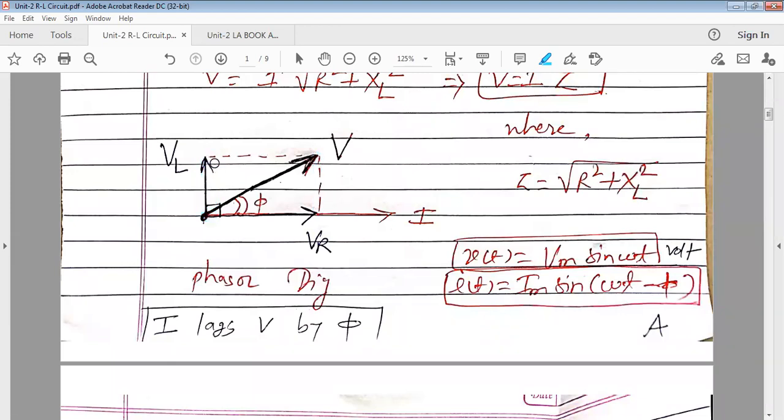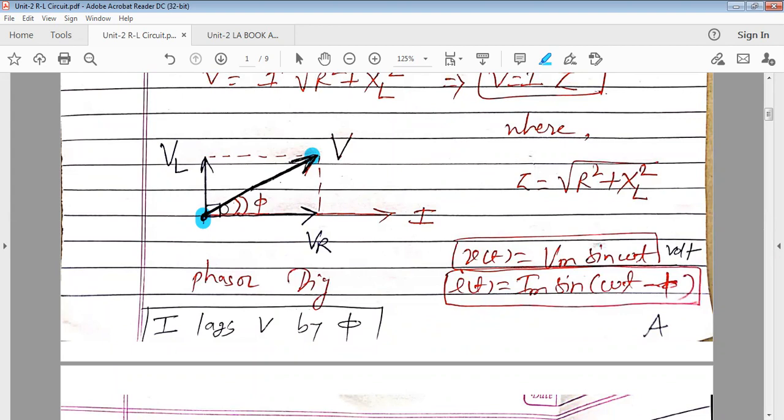So whatever is the intersection point of these two parallel phasors, this one, the intersection point and the origin, these two you can join, and what will it be then? If I join these two points, what is the phasor sum of VL and VR?